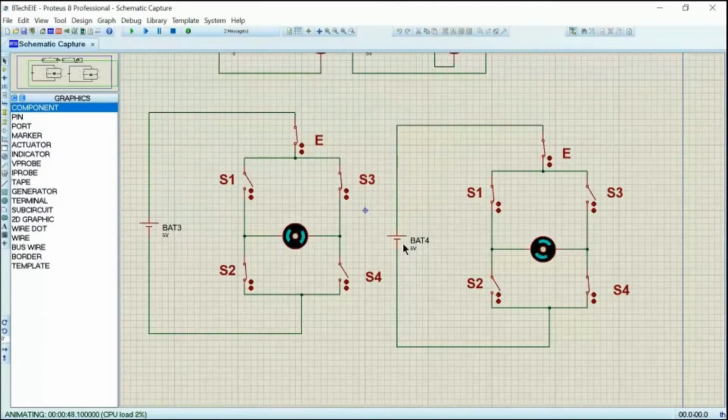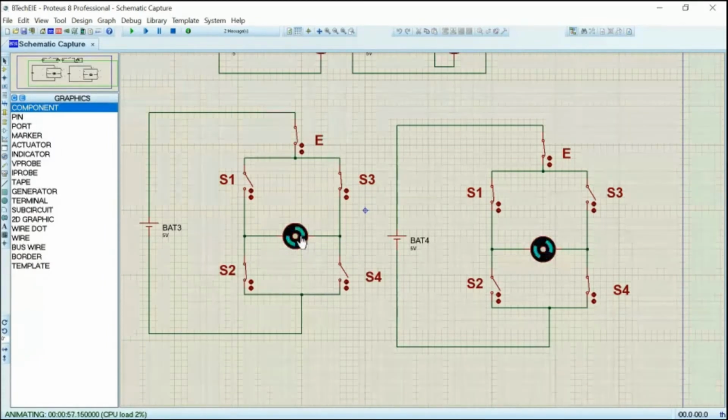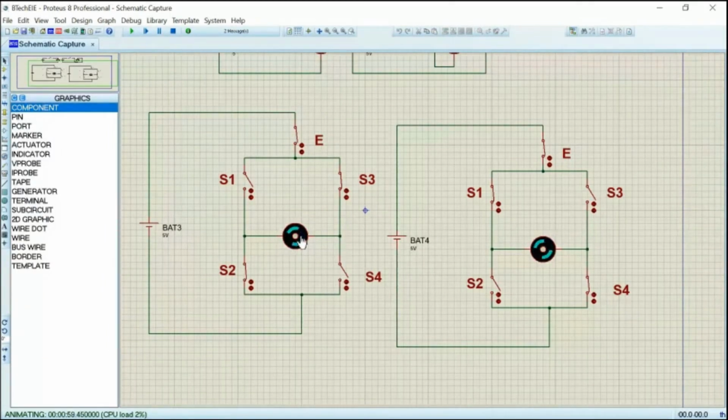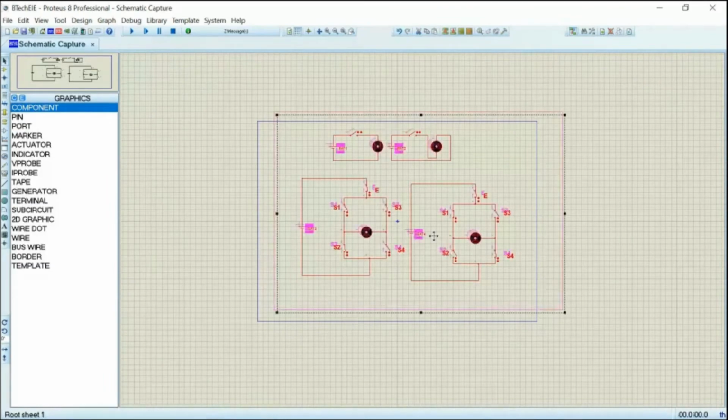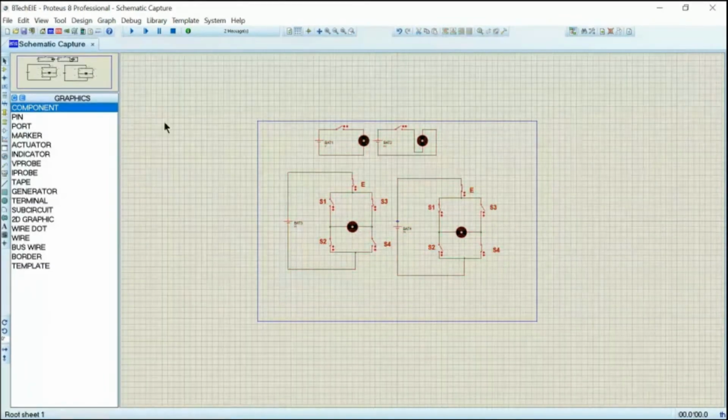So for constructing a robot, we need two motors. One bridge can control one motor. So how many bridges do you need for controlling two motors? We need two bridges. So for controlling two motors, we need two bridges. So is there any special function IC available with two bridges inside a single IC? Incidentally, yes. The name of that IC is L293D, dual H bridge driver.